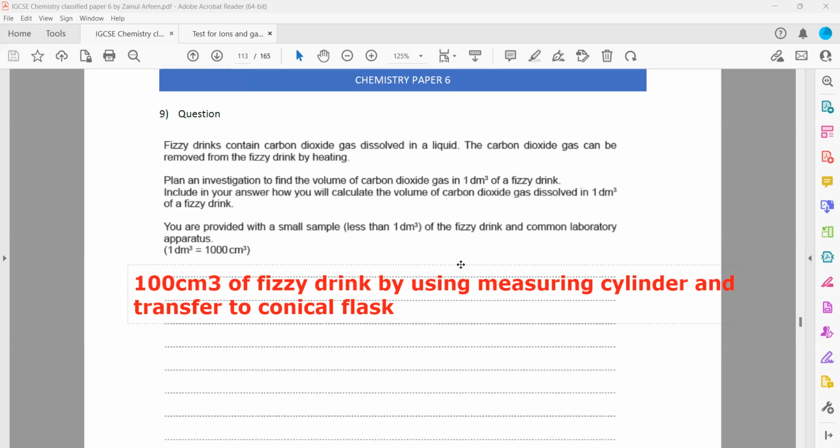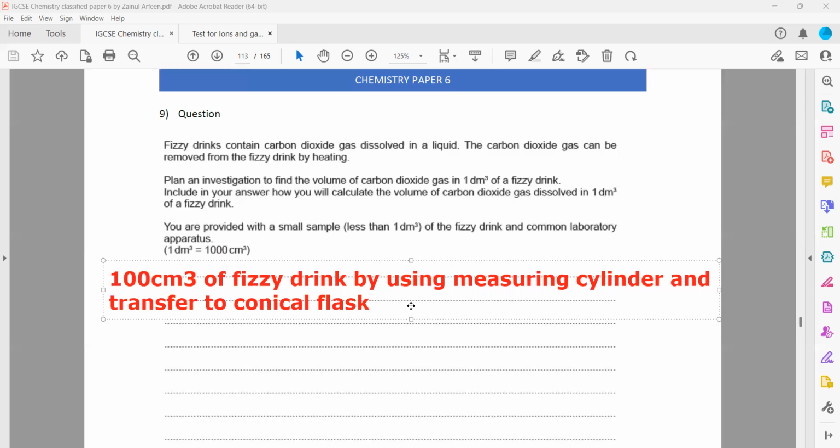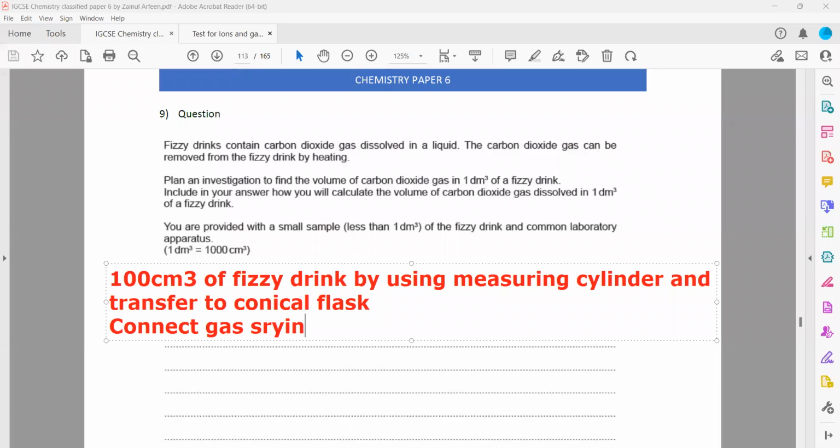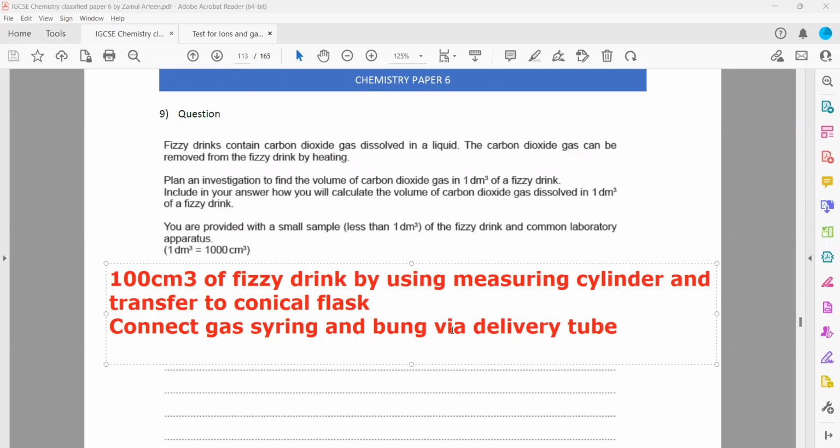So we'll take 100 cm cube of a fizzy drink by using a measuring cylinder, and we transfer that into a conical flask. Then we can connect the gas syringe and bung, or you can also say we can collect the gas over water. That can also be done. Connect the gas syringe via a delivery tube. So connect gas syringe and bung. Then what we will do, we'll heat